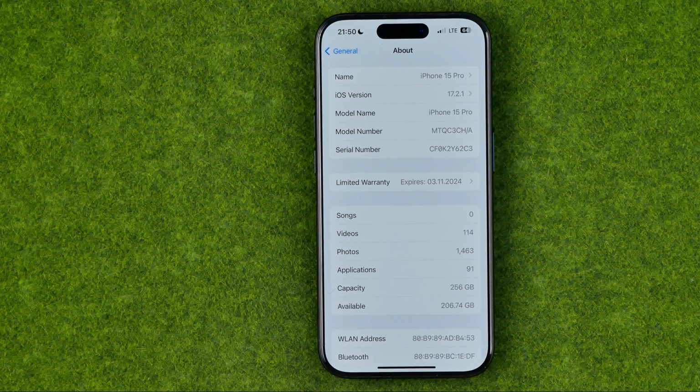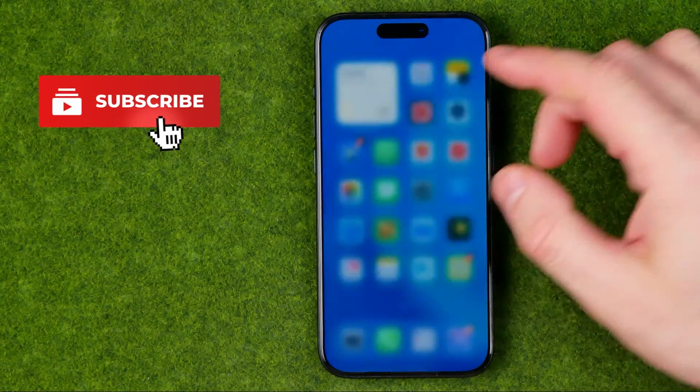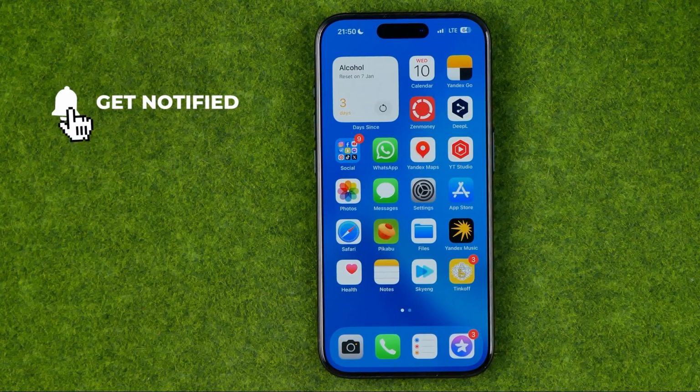In this video, I'm going to show you how you can easily change your iPhone's name on iOS 17. Be sure to watch the video to the very end so you don't make any mistakes. Let's get started, guys. I'm gonna show you all the process from the beginning, and first off we need to